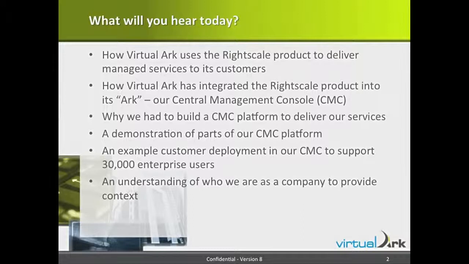I'm going to provide you a bit of a demonstration of our central management console, which actually is a canned video to avoid the demo demons from interfering with making it work effectively. You're going to see an example of a deployment that we have for one of our software vendor customers who supports 30,000 end users from major enterprise customers, and these enterprise customers are banks, insurance companies, government agencies,